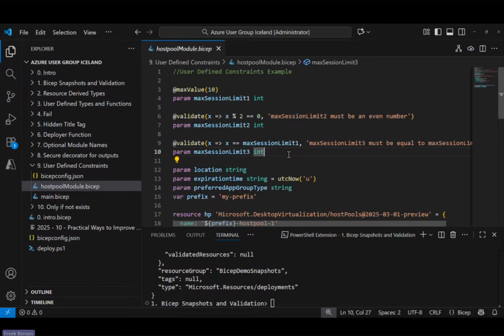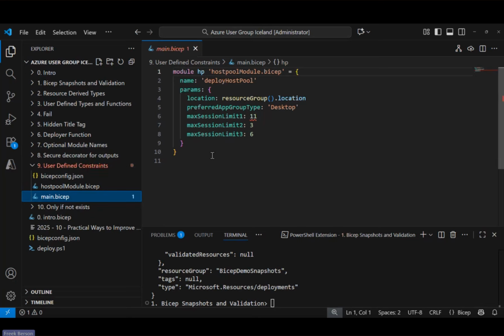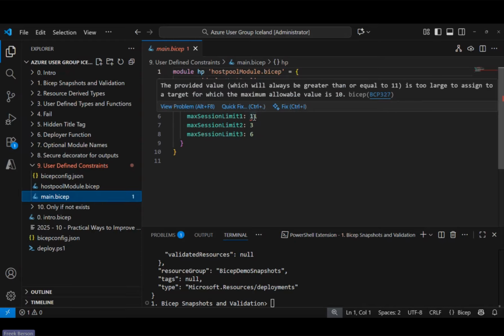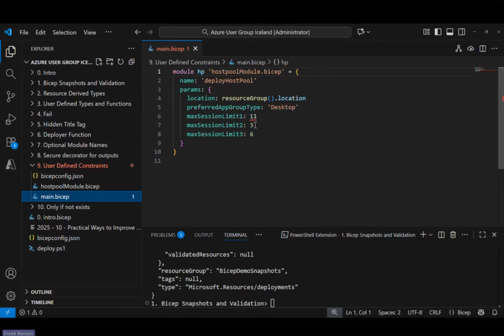So you might be wondering, where is this checked and how does it fail if it doesn't comply to these validations? If you start using this module, for example, inside your main template file, we're using the keyword module and then passing a couple of parameters, we can see that we're getting an error here because 11 obviously is higher than 10. So we expected that, but there are no squigglies here for these two values. The reason is that this functionality is still in preview, right? But this is the place where you will eventually expect those errors as well, if they're not compliant to the validation statement that you did. So as soon as you start to use the module, this is where you will expect those errors to occur.